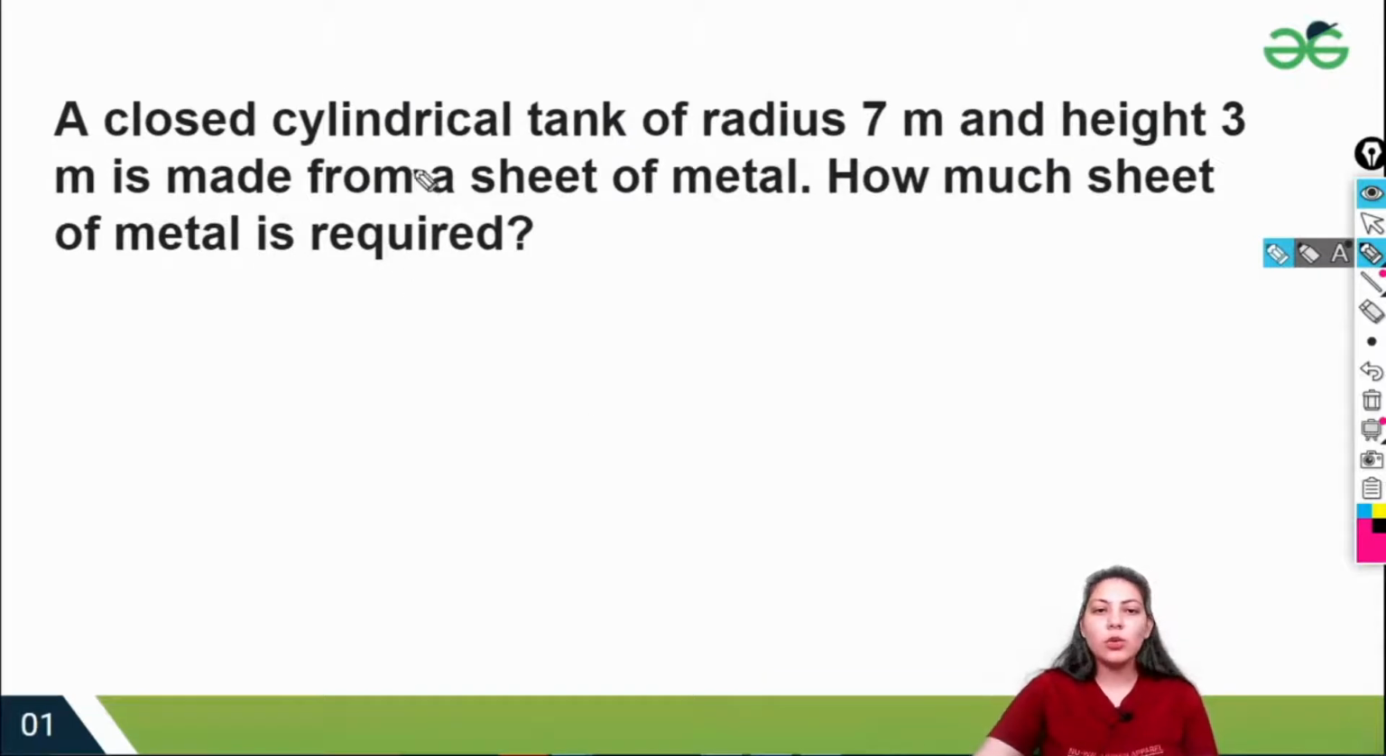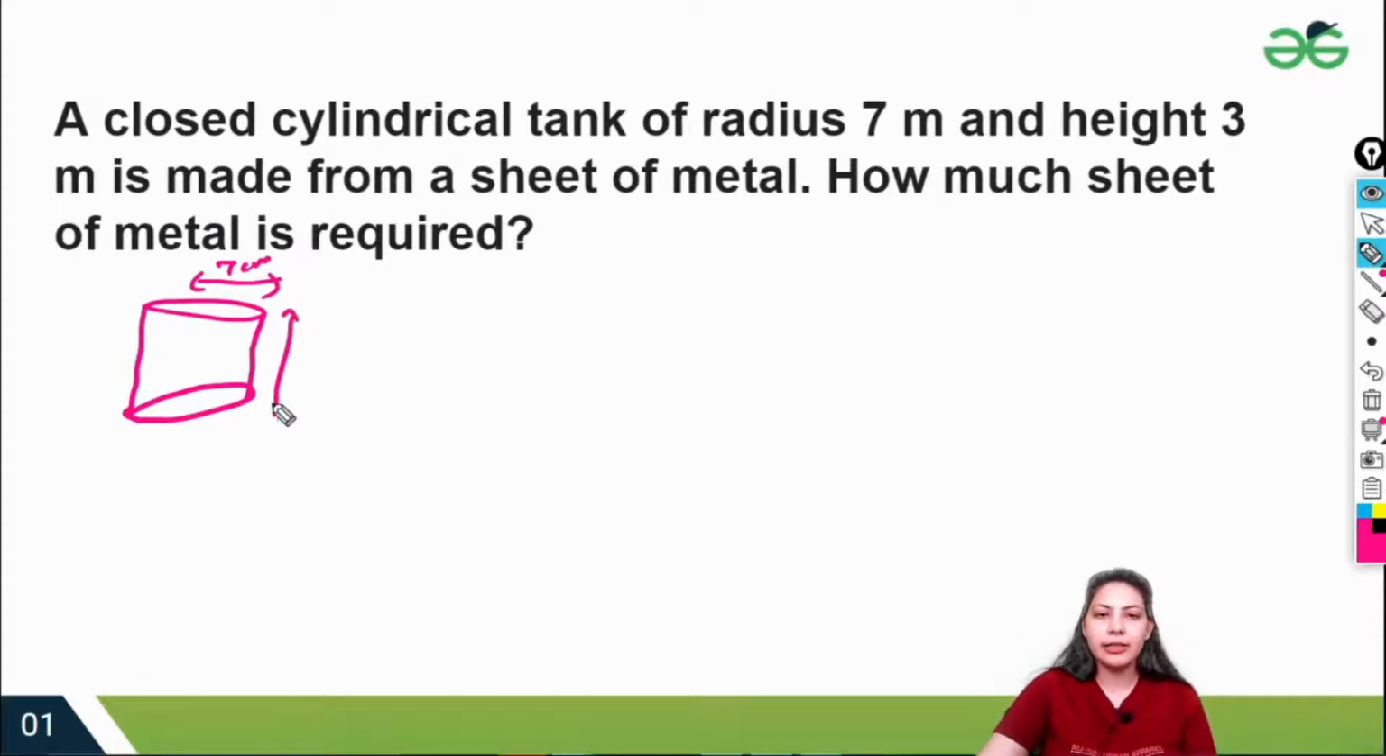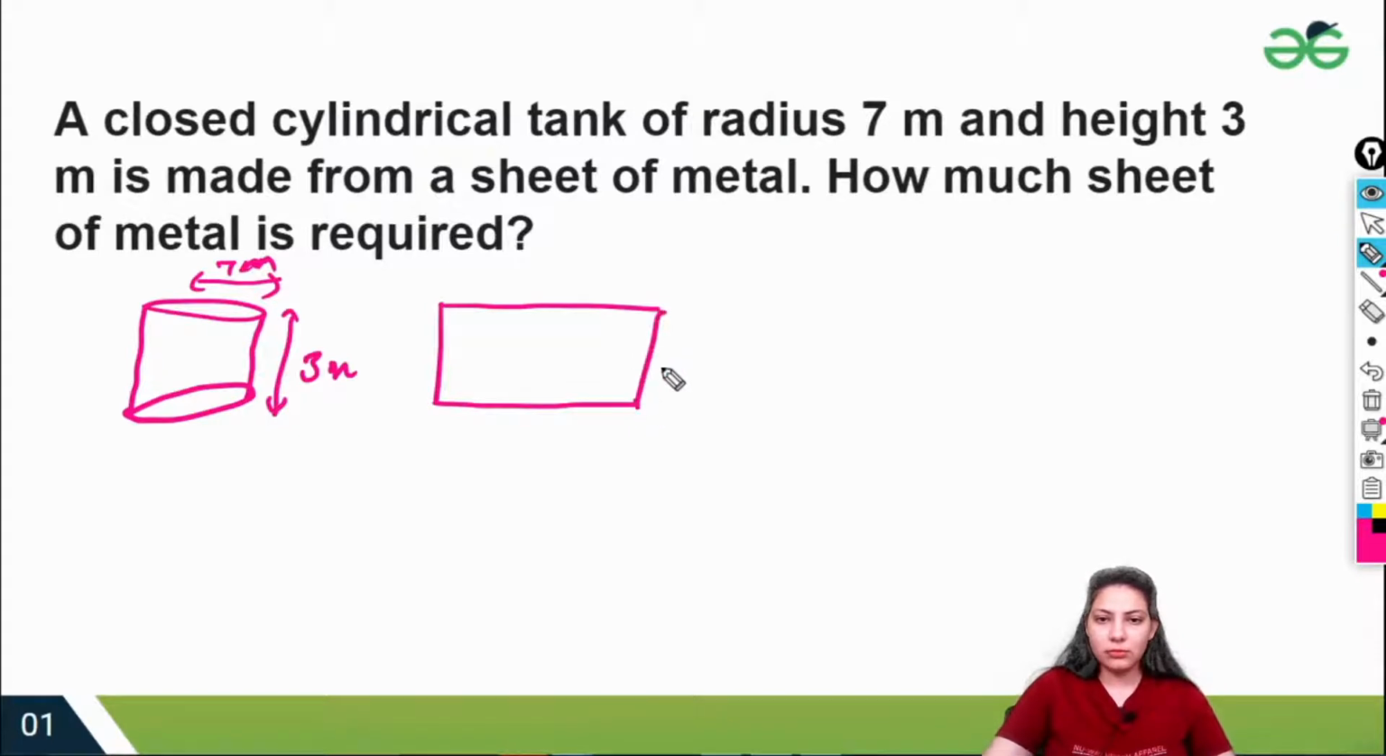Okay. So a closed cylindrical tank of radius 7 centimeter and height 3 meter is made from a sheet of metal. How much sheet of metal is required? So basically